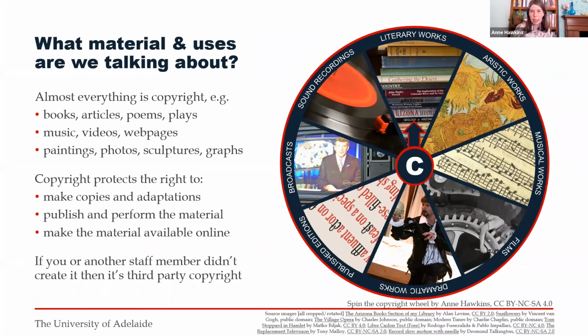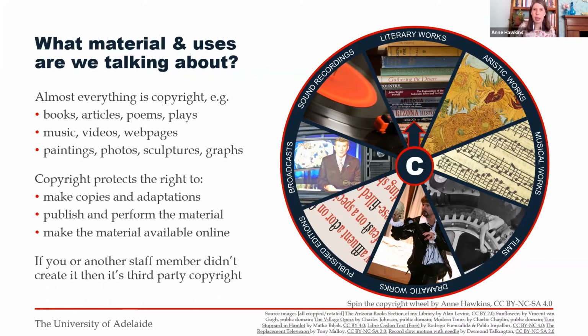As mentioned, these rights are controlled by the copyright owner. Without going into too many details, the first owner is usually the creator of the material or the creator's employer. But for the purpose of this session, when I'm referring to using copyright material, I'm talking about third-party copyright material. So this is basically any material where the university isn't the copyright owner.